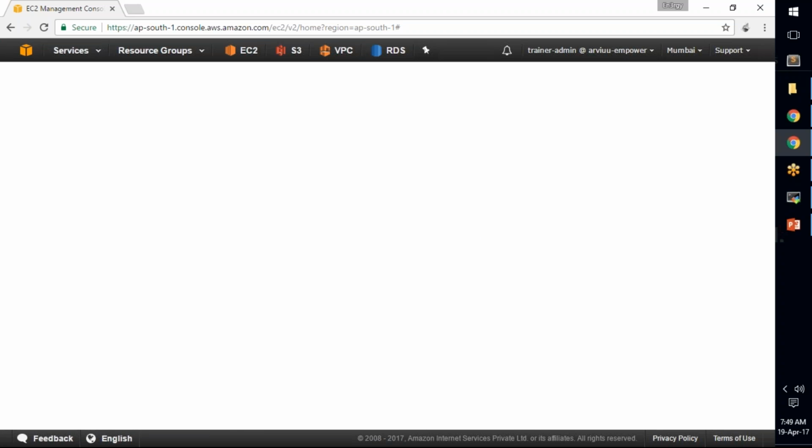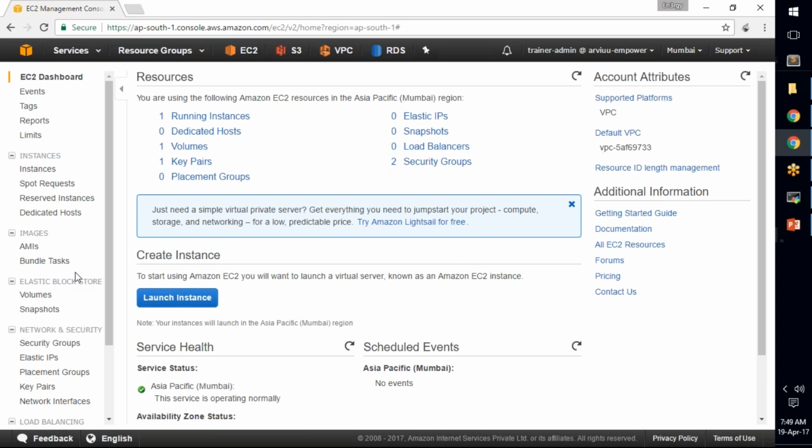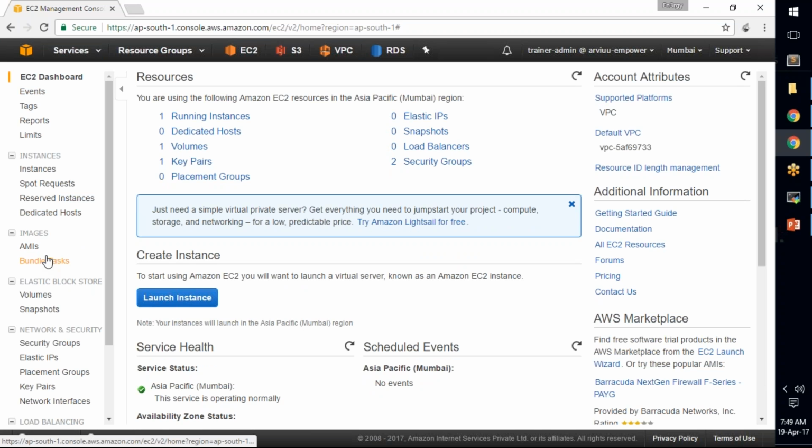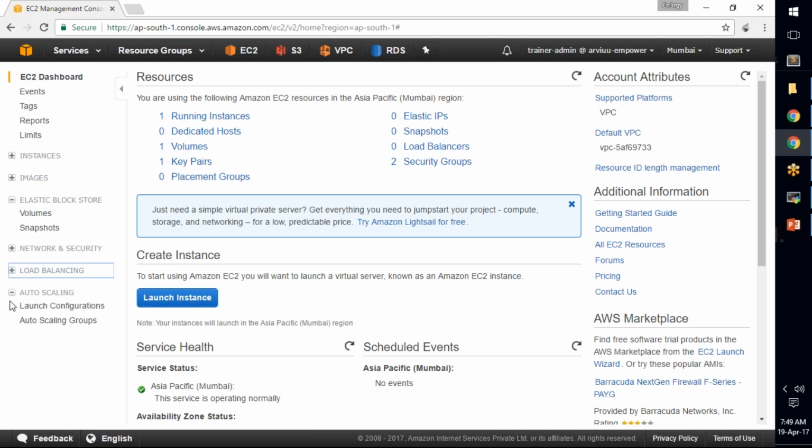So it makes more sense logically to put it here. So here, if I scroll down to the left hand side, you see Amazon EC2 dashboard, and then let me minimize these things, which is not necessary for us right now. You can see here Elastic Block Store is there, and then there are two options, volumes and snapshots. So what I'm going to do is I am needing a new volume, so I'm going to click on this one